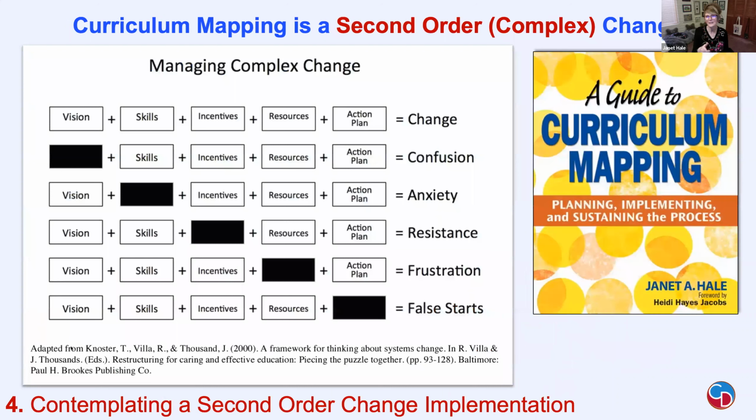So kind of contemplating where you are, because there's a lot that I've shared, you just want to remember as you move forward. I know a lot of you are exploring and beginning, and some are a little bit farther into it, that it is a second order change. You're changing how you do business. So one suggestion that I do have in my book is to create a council. It can be a cadre, I kind of like C words for some reason, or a cabinet.